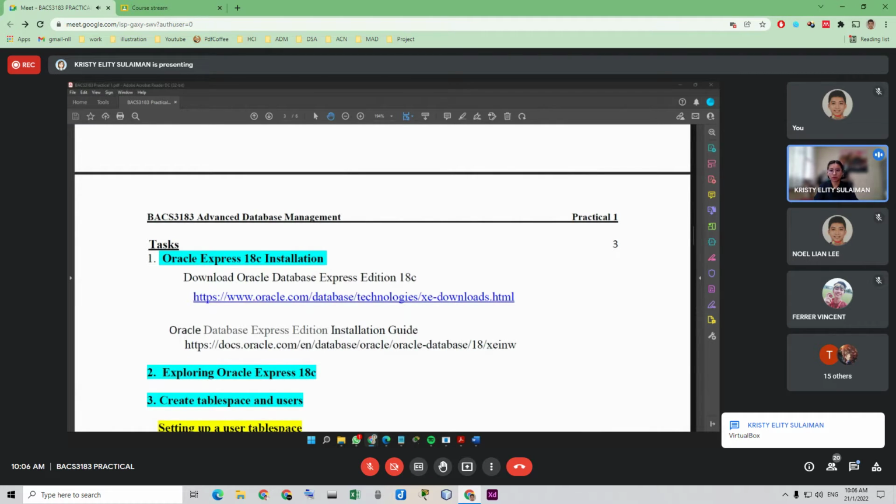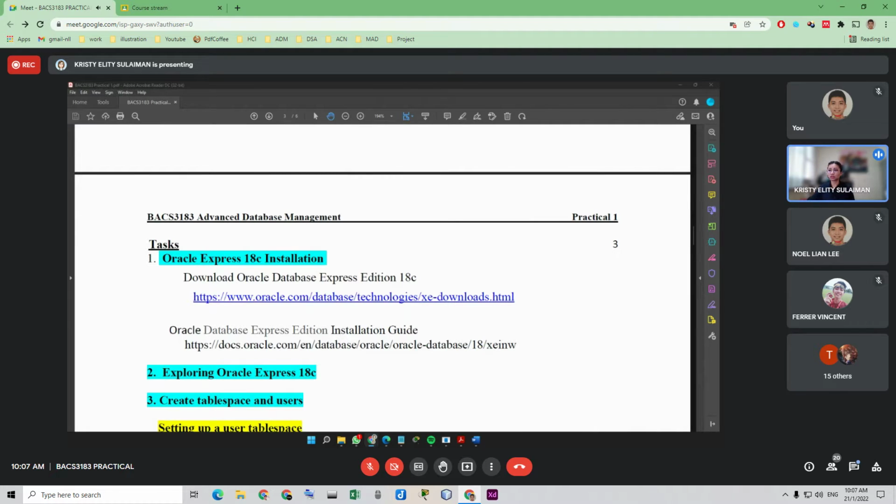VirtualBox is from Oracle as well. So you can use this. This is a virtual machine, so you can install Windows inside the VirtualBox, and you can also install Oracle inside there. So this one is useful if you just want to have another testing environment.